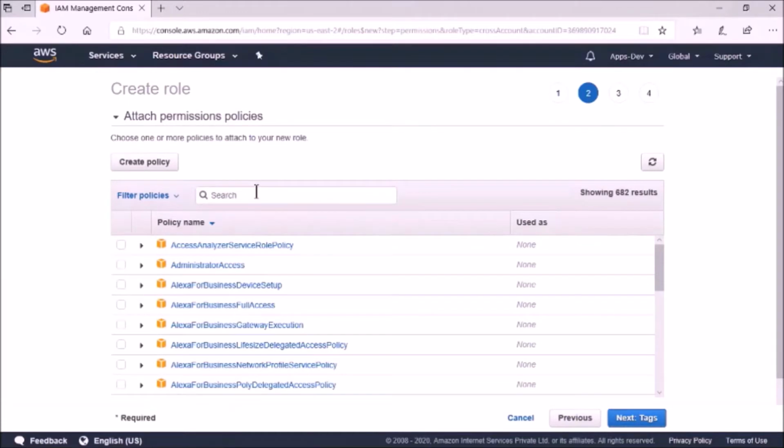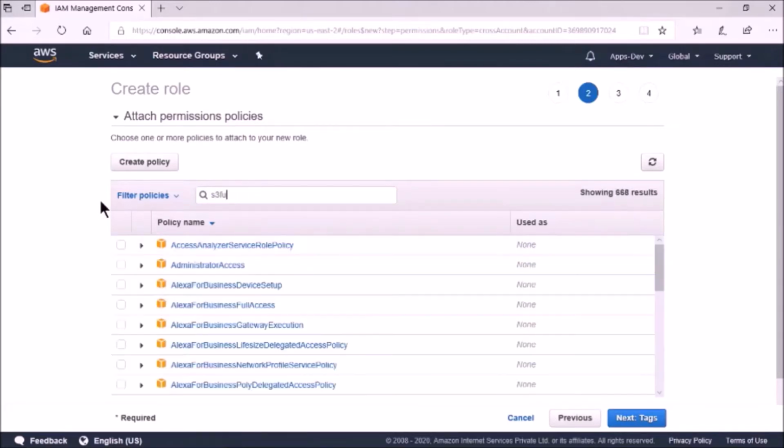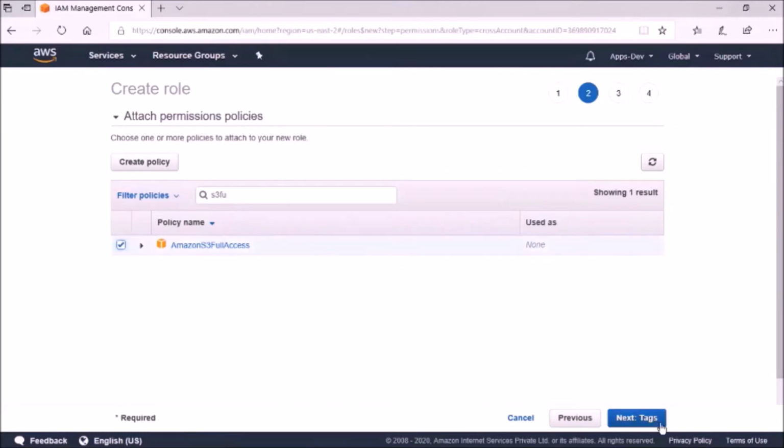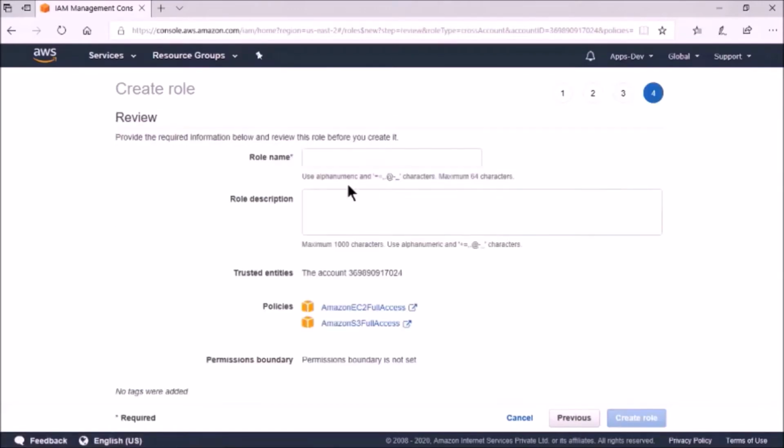Now just try to remember what we discussed in the slides. We mentioned the requirement is that Vipin and Deepak should have full access to EC2 and S3. So we will select EC2 full access and S3 full access. I will keep the tags for now.